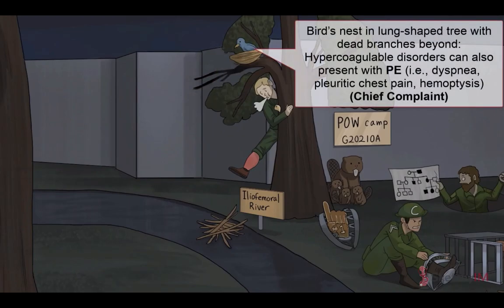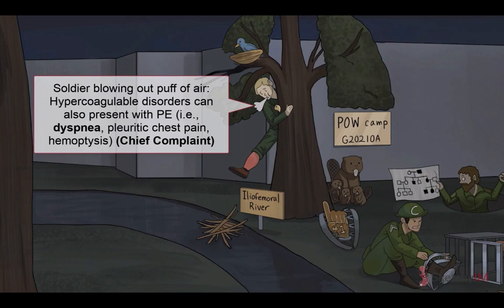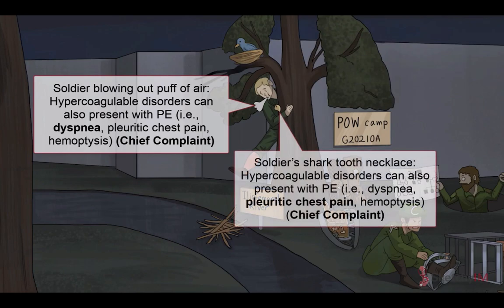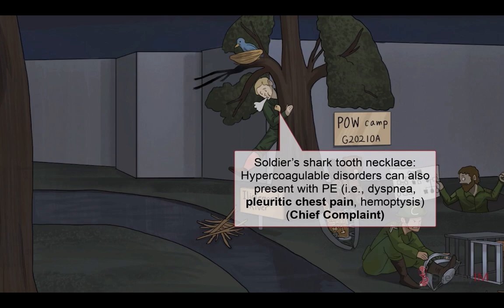Additionally, hypercoagulable disorders can also present with pulmonary embolism, represented by our recurring sketchy bird's nest in that lung shaped tree. Classically, PEs will manifest as dyspnea, pleuritic chest pain, and rarely hemoptysis. Don't worry, that dude's not out of shape. Everyone gets short of breath when they climb the PE tree. For more details on the presentation and management of PEs, check out our sketch dedicated to it in the pulmonary